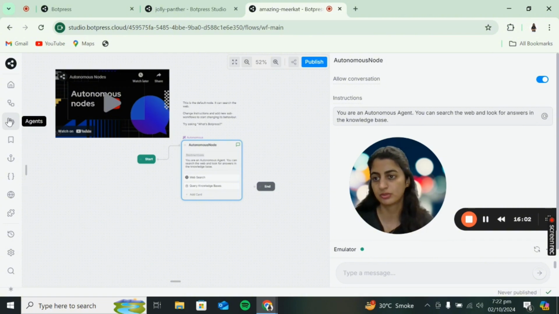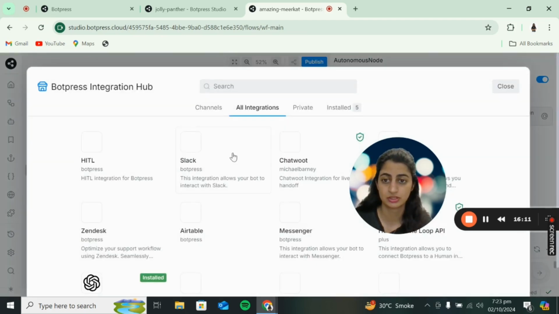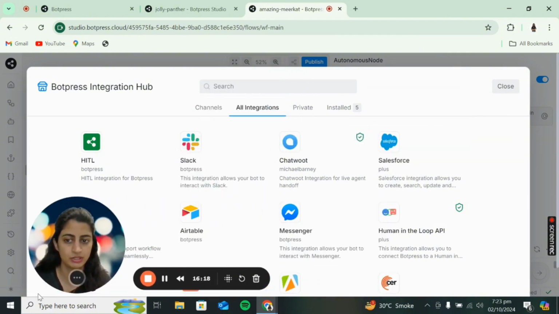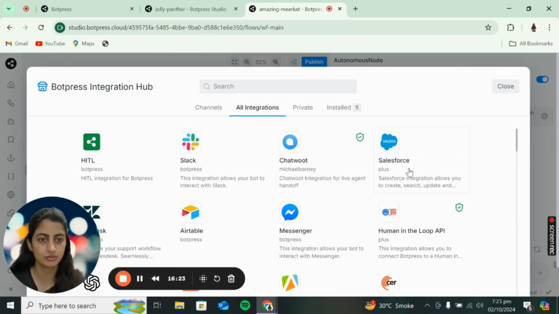So let's go into the agents. We don't need to see all of these things. Integrations is important, right? We were talking about the sort of integrations that it can have. Now this is pretty cool, and I will be making a detailed video on this. These are direct integrations. What I mean to say is, if you integrate Salesforce with WordPress, WordPress will be able to capture the basic functionalities of Salesforce and add it directly onto your chatbot.